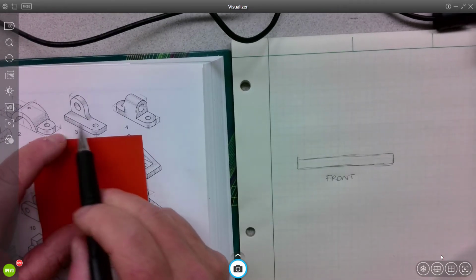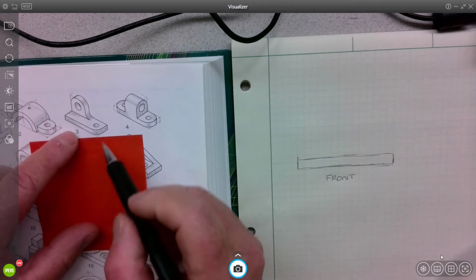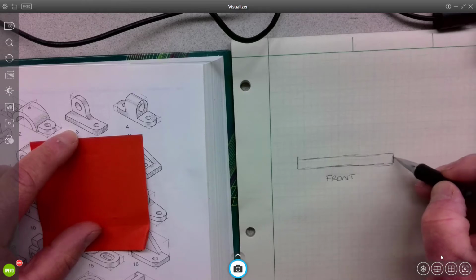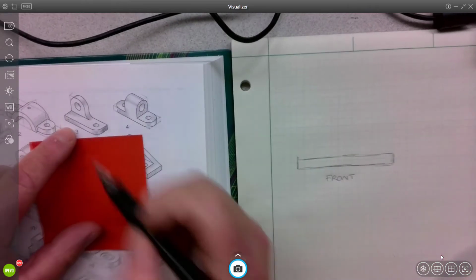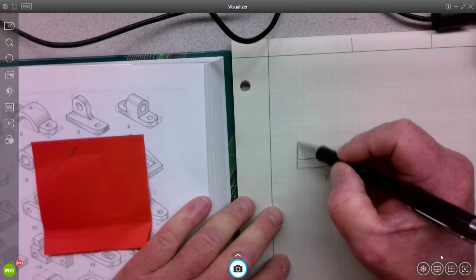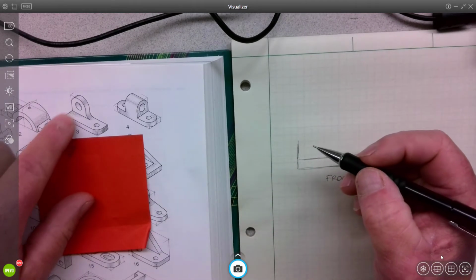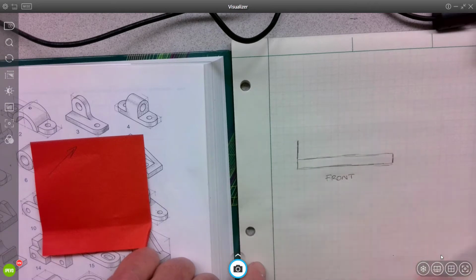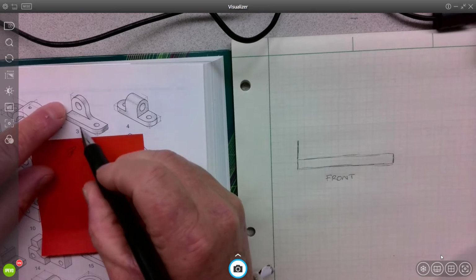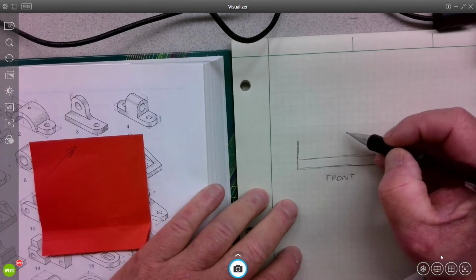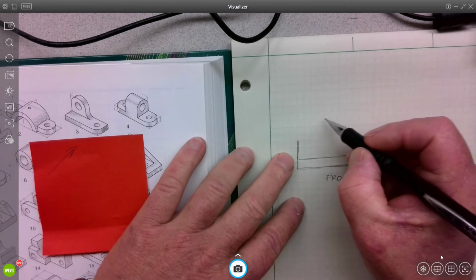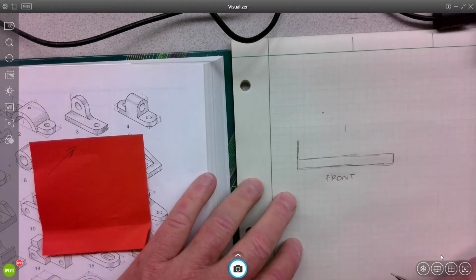I can see this full rectangle, right? So I know it's going to be a full rectangle. I can see this edge over here. Even though there's a round there, I can't see the round in the front view, but I know it's there. But this back edge is this surface out here, right? And then up here, it looks like it's a vertical up for a bit. Looks like maybe double this, so that's what I did. And then it goes around, so it looks like it is about halfway. I don't know. I'm going to say halfway up into here, right? And then the height of it, maybe twice of this, somewhere in here is just a guess